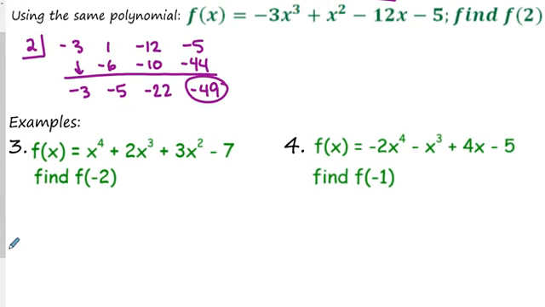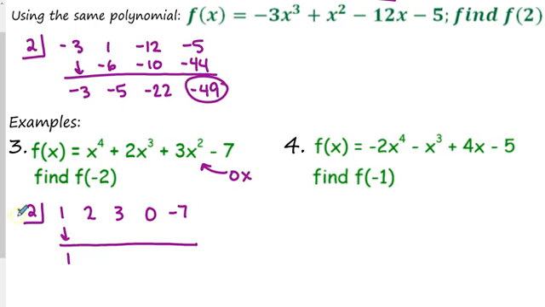So here's number 3, a different polynomial function. We're going to find f of negative 2 using synthetic substitution. So I put negative 2 in the box. Then I put the coefficients of my polynomial in a row. 1x to the 4th, 2x cubed, 3x squared. Okay, there's something special here. 0x. Notice that there's no x term. You have to put 0 in to hold its place. And then negative 7. Bring down the first number, multiply it by the number in the box, write that down,